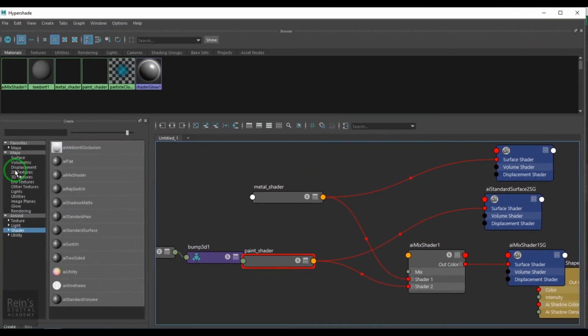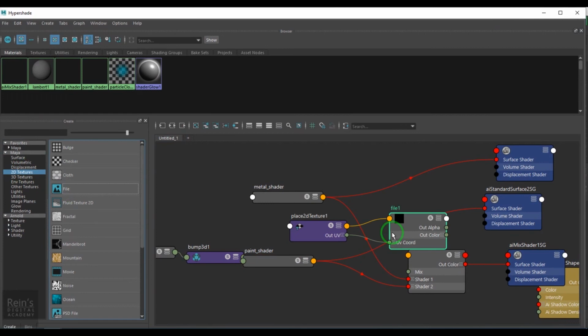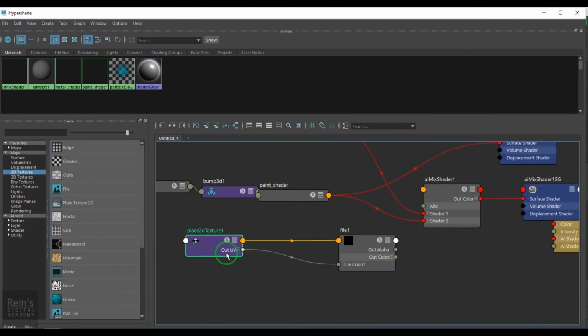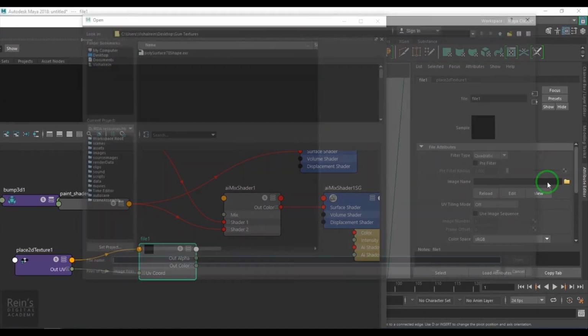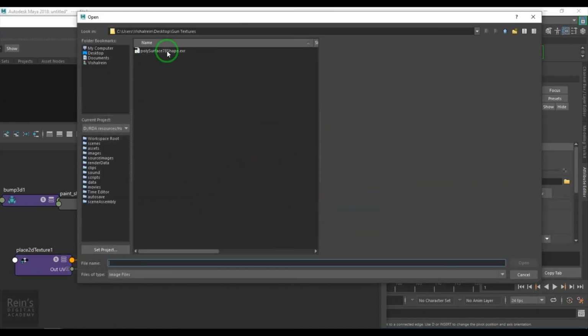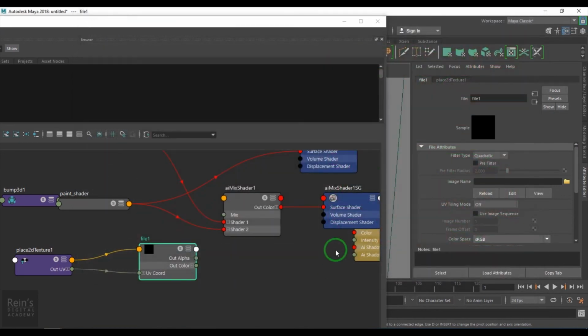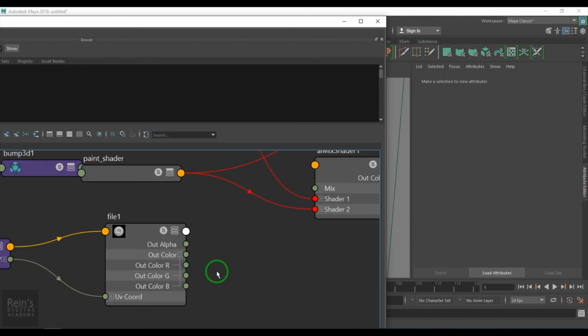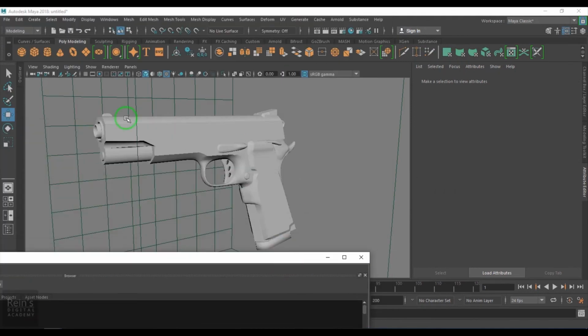Okay, and then in the mix shader, add metal shader, paint shader. If I don't get anything expected, I'll just swap it, and then I assign this mix shader here.